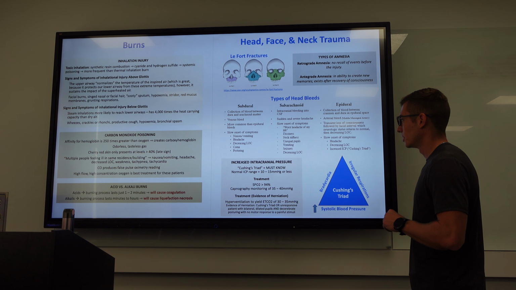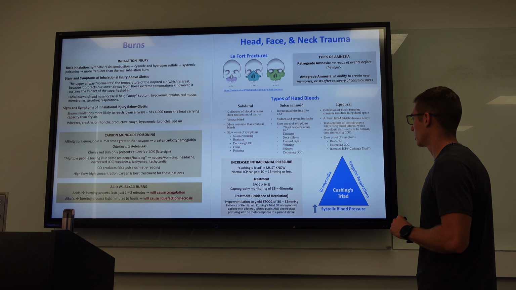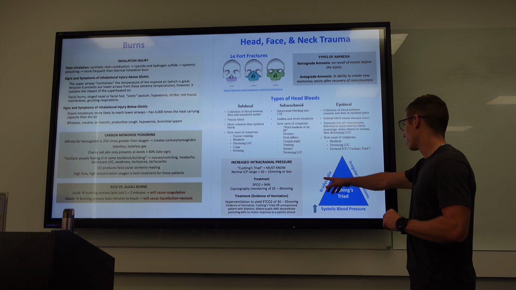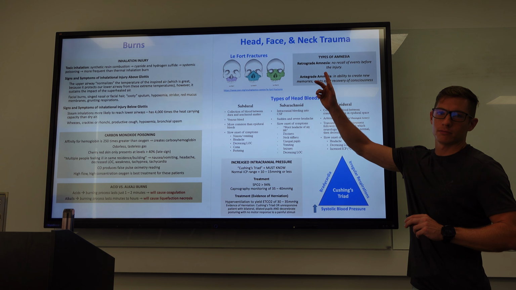Treatment, we're going to give O2. Capnography monitoring of 35 to 40 millimeters. Here we go. Bradycardia, slow heart rate, irregular. Okay, so systolic pressure is going to go up, but not necessarily diastolic pressure, so it's going to widen and also be increased. Forget what I said about the pupils, but you're going to have irregular respirations, probably going to be Biot or